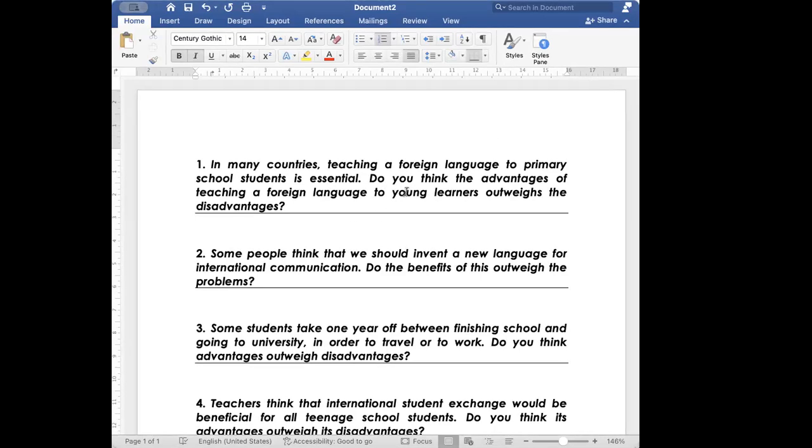Similarly, in this type of opinion essay, because they're asking you, do you think the advantages of teaching something are more than the disadvantages? So in a way, they are saying that there are both advantages and disadvantages. What they're asking you is what is more. So in this type of essay also you write both sides. Okay. So this is the similarity between the advantages, disadvantages, and the discuss essay. Now, is it clear or not yet clear? Yes, ma'am.